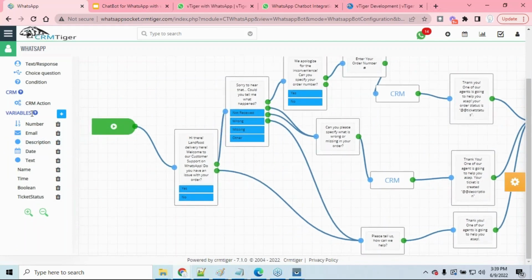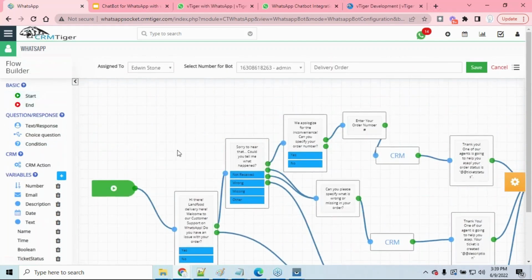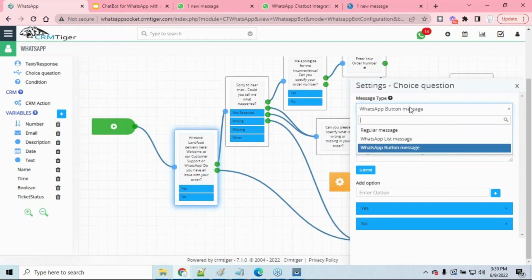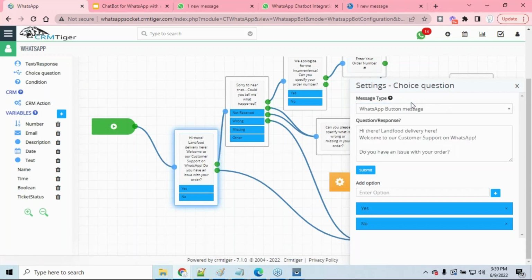So from here you can select the node which is required, like start and different types of question. Now the important thing is, we also implemented the message type for WhatsApp button message. It means